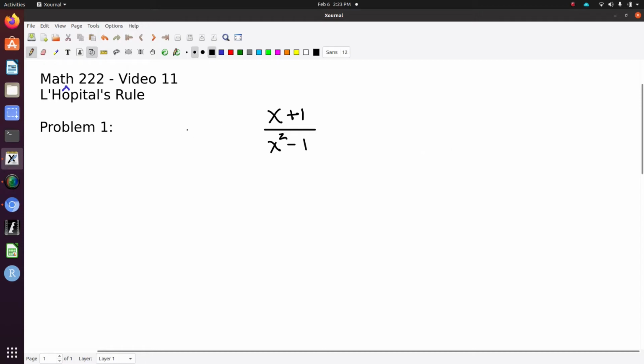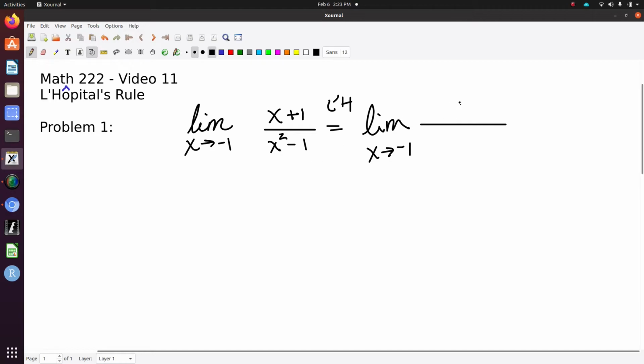So for example, if you have a problem like this, limit, let's say you didn't notice that that canceled, x is going to -1, and you say, whoa, whoa, whoa, that's 0 over 0. That gives you L'Hopital's rule privileges, and I just sort of notate that to remind myself of how I did this, because sometimes I just forget what gave me the right to do that, and I'm like, oh, right,